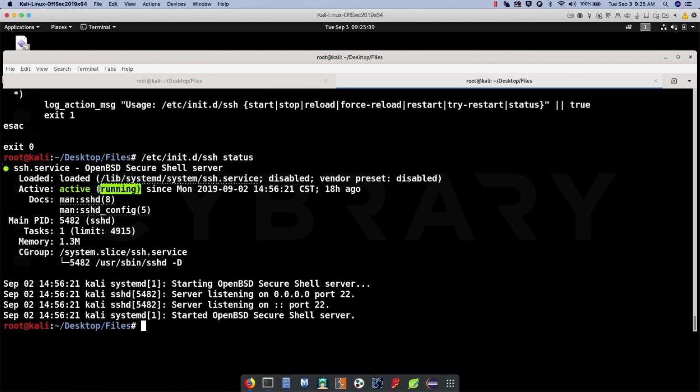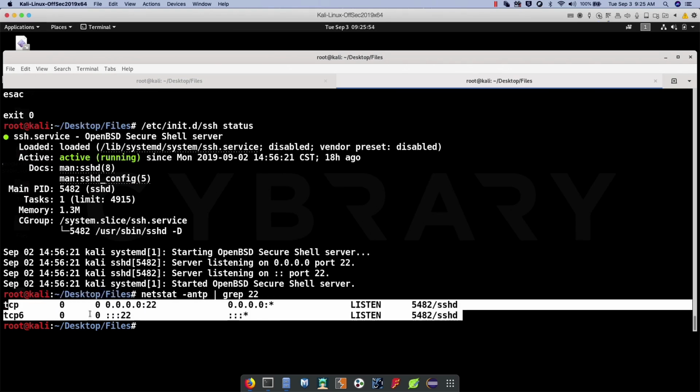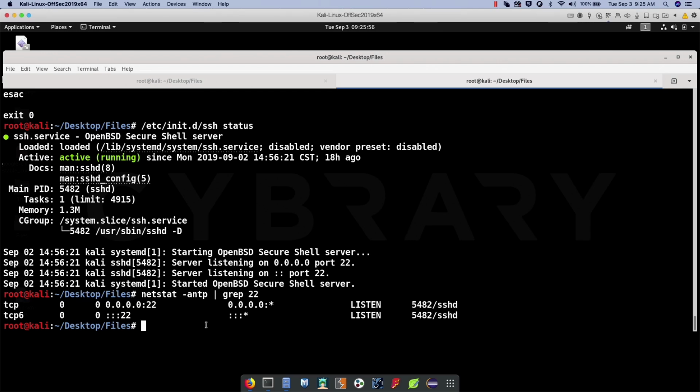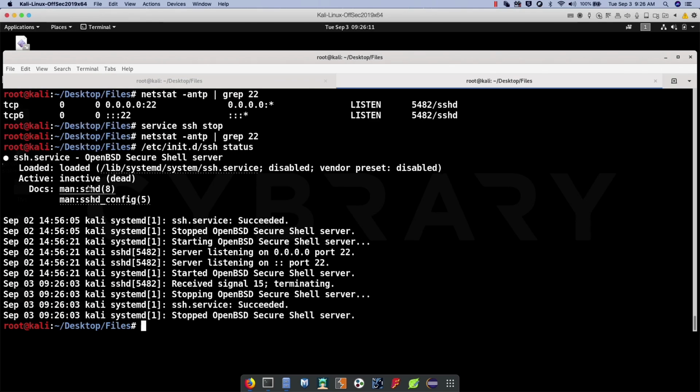As you can see, it's active and running, because I actually have it running. Let me show it to you here with the netstat command. I just grep for port 22, and as you can see, it's actually running here. But what happens if I turn off the service? I don't see it anymore in netstat. And what happens if I go here and check the status? Okay, it's inactive. So as you can see, this is where you can manage the services and daemons being executed